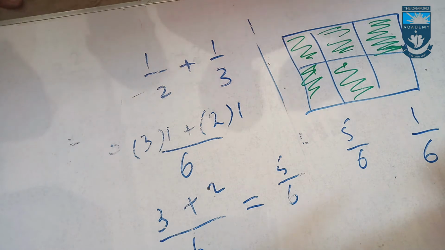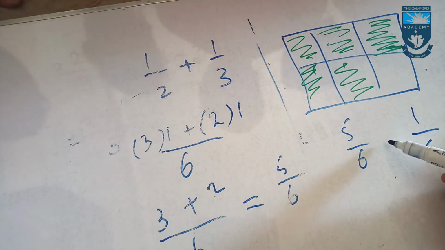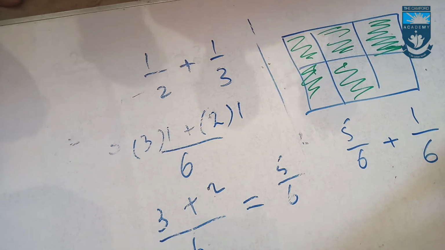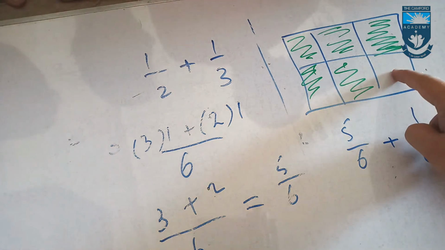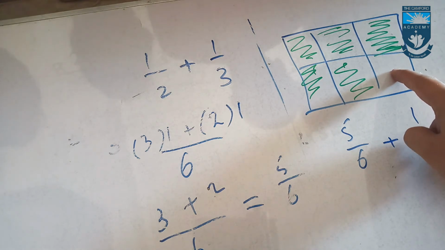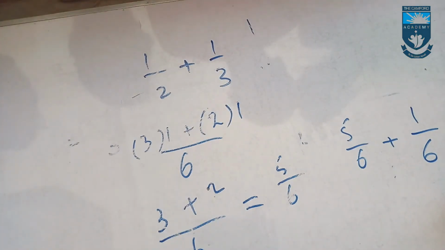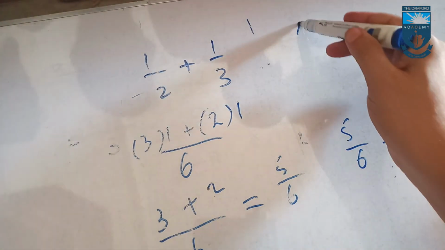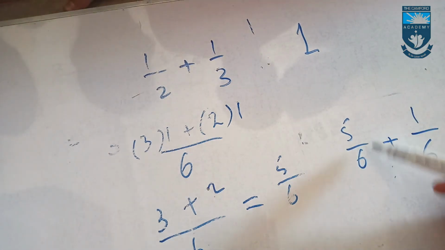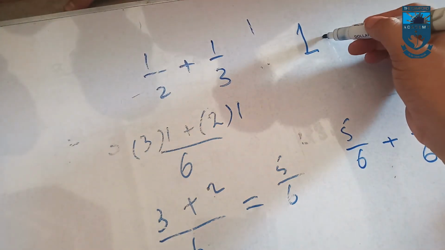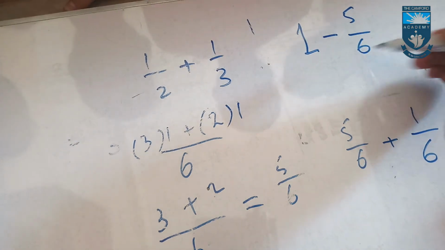Okay. So if we add this together, we will get 1. 1 mean whole, complete. Okay. So if you want to find out, you can find with the help of diagram, and if you don't want to use the diagram, then you can use mathematical calculations. Look, the whole part is 1. From 1, if you subtract the part the girl have done, that is minus 5 over 6.